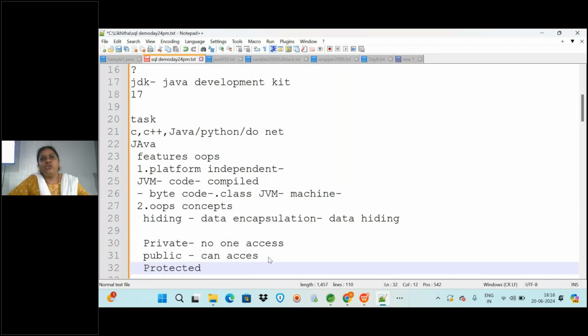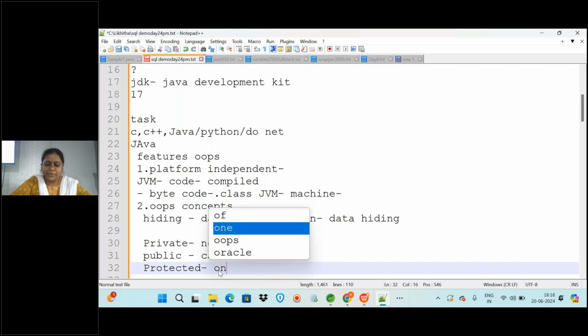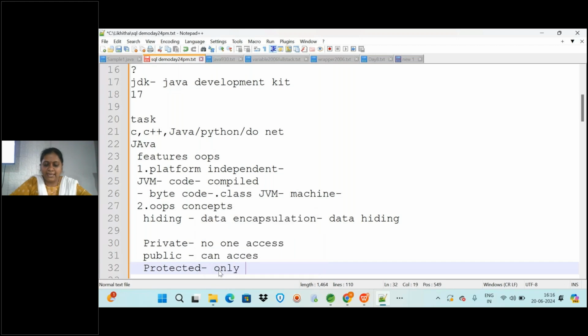Whenever you make any data protected in your application, only specific people can access it, maybe your family members or friends for whom you are giving permission. Such applications are possible with protected. Only specific people can access your data.